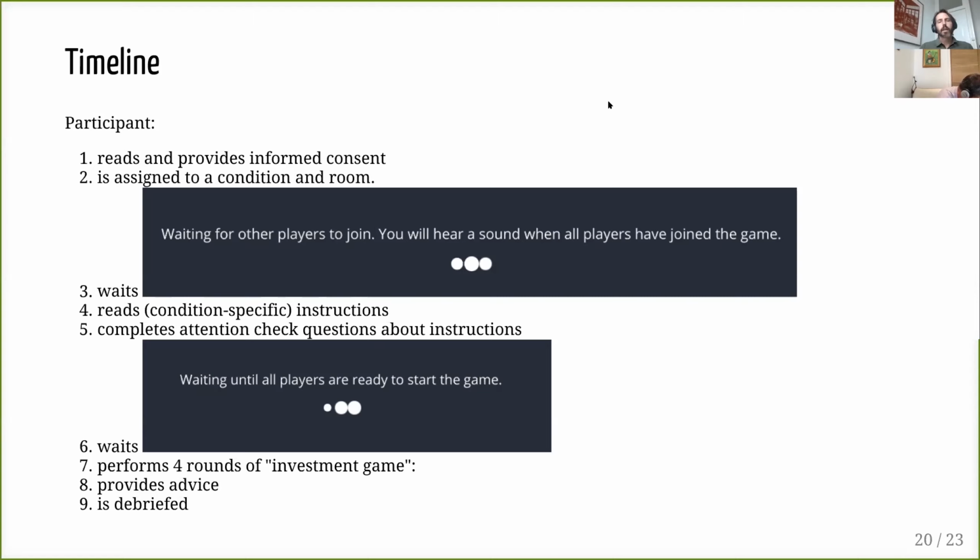So we have built in lots of waiting rooms where at the start, people first provide their informed consent. If they don't consent, we don't need to consider them anyway. But then after their consent, they're assigned to a condition, and then this concept of a room where we join people to play the game. So they're waiting for the room to fill up. After a room fills up, everyone can read the instructions. But then at the end,